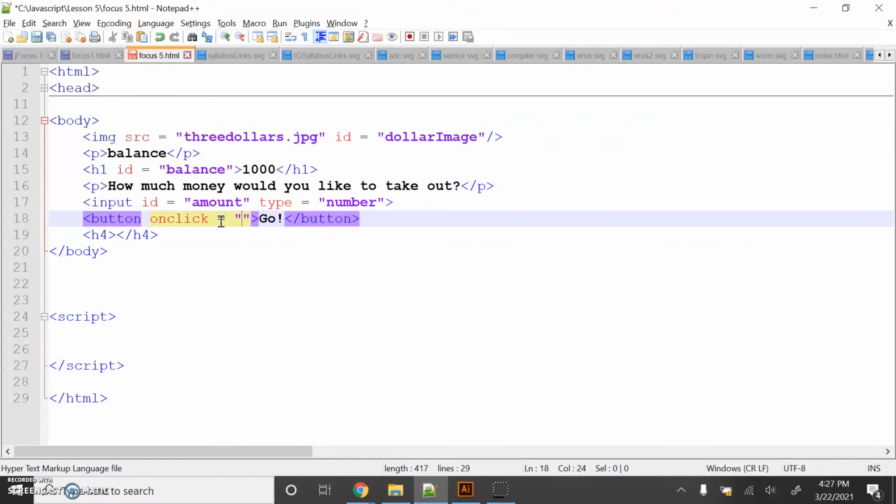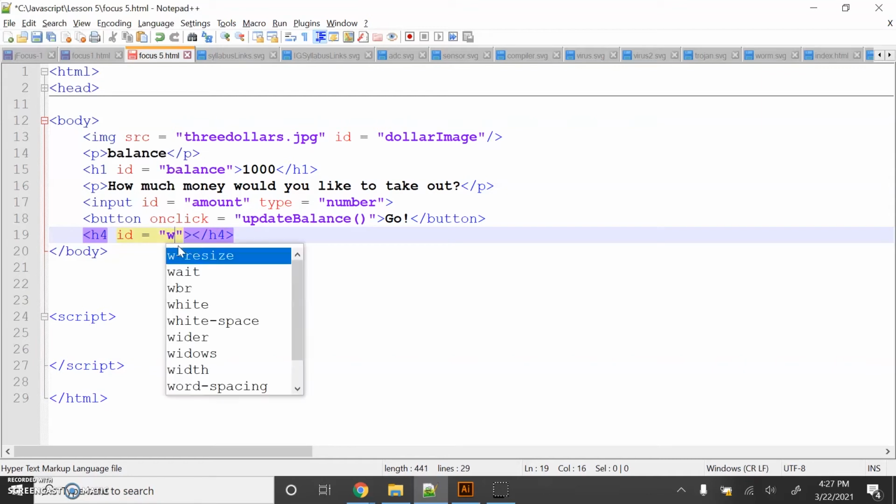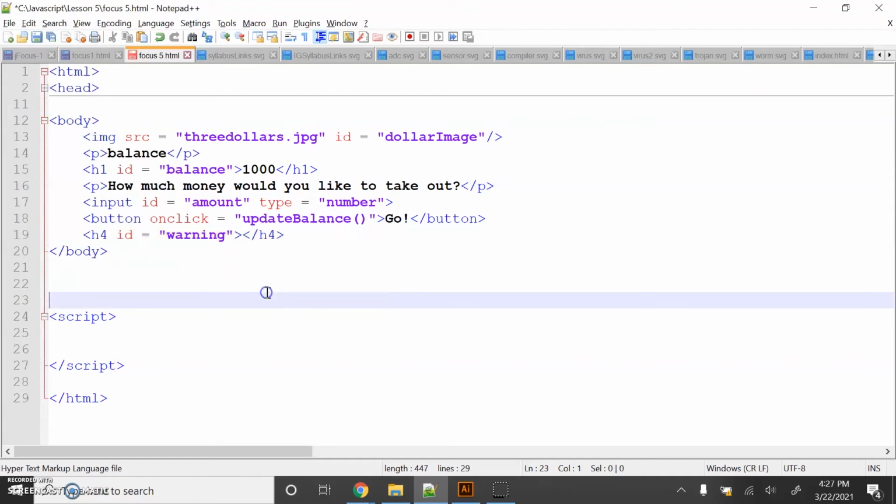Let's give it a name. I'm just going to call it update balance, and it's a function, so we need the 2 round brackets. So we'll call that function when we click the button. And this h4 element is used for the warning messages. JavaScript will take care of that, so I am going to give this an ID of warning. So the design, the visual design, is ready, and we're telling JavaScript where to find some of the elements in